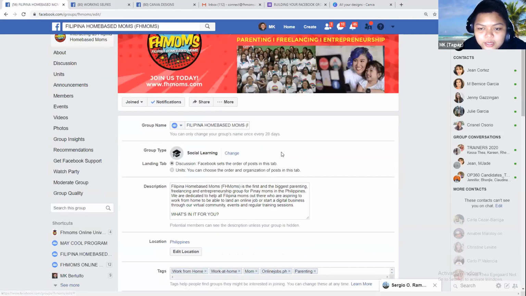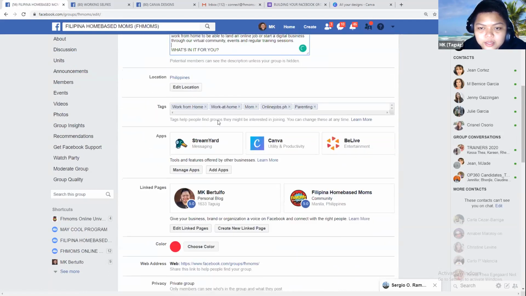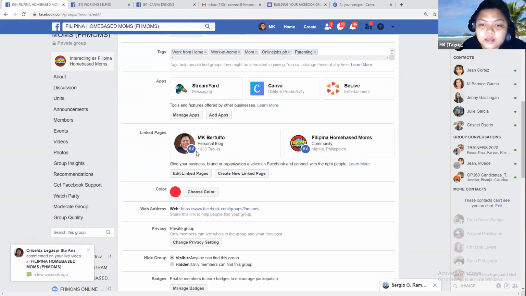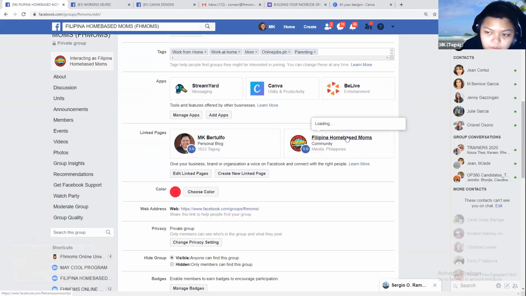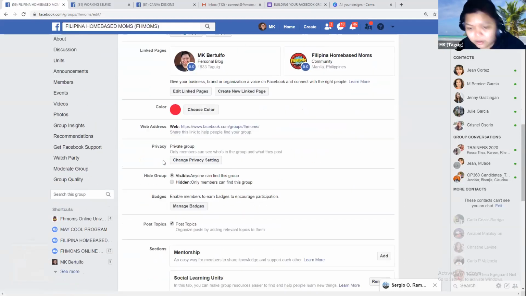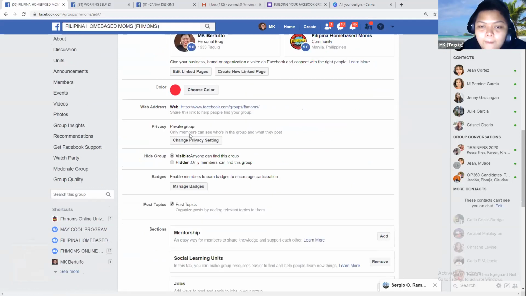So this is for your name ng group, the description, this is where you can edit it, the location, the apps. The tags is also very important for you to set kung ano yung talagang words na nagde-describe ng inyong group para mas easier kayo to find. This is also another way for you to attract more people to join the group, especially kapag na-set siya ng maayos. Okay, these are the keywords. You can link your Facebook page and Facebook personal and your business page. If you want to engage to your people using your personal page, much better. If you're not comfortable using your personal account, you can just link a page. You can set a color.